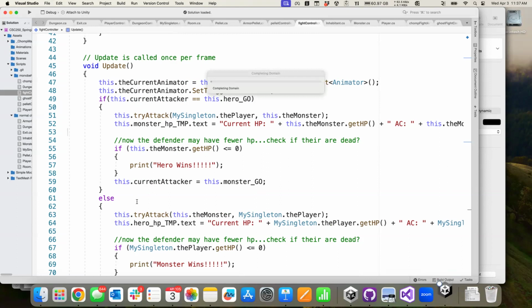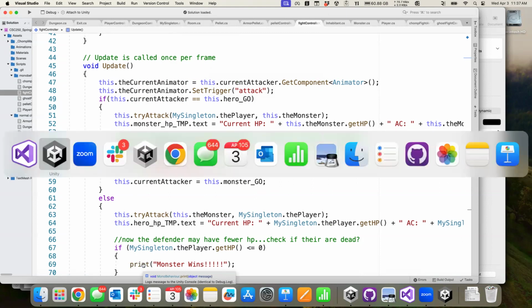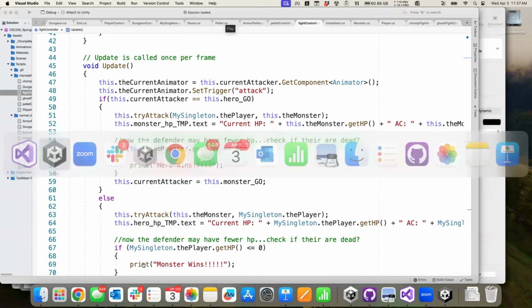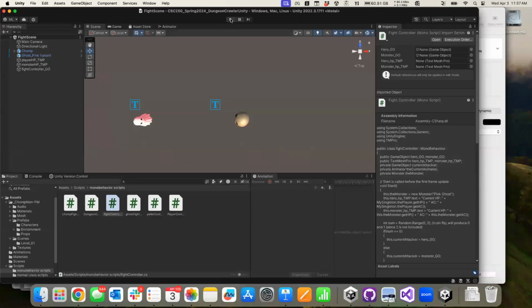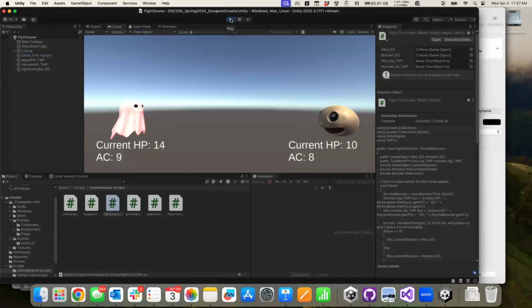And this is just going to keep going in perpetuity at this point. And the attacks are going to go pretty quick. So we're going to see somebody, they're ultimately going to both go below 0, but we at least should see this back and forth movement. So did we save everything there? Looks like it. So let's go ahead and